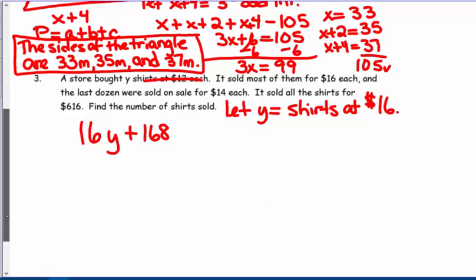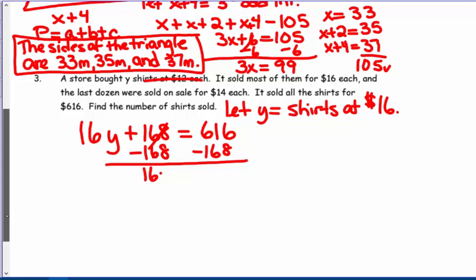And by the way, all 7th graders in Common Core are supposed to know up to their 15s tables, so you should know 12 times 14. Up to your 15s tables, get memorizing them. We have $616 total. So there's my equation. Find the number of shirts sold. Subtracting 168 from both sides, I get 16Y equals 448 when I subtract, and dividing by 16,